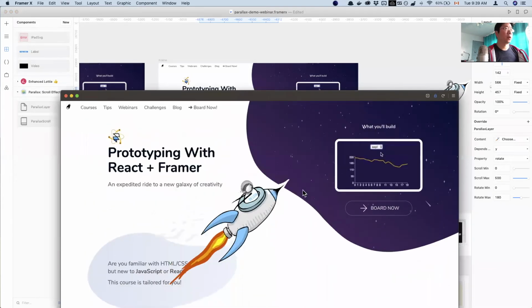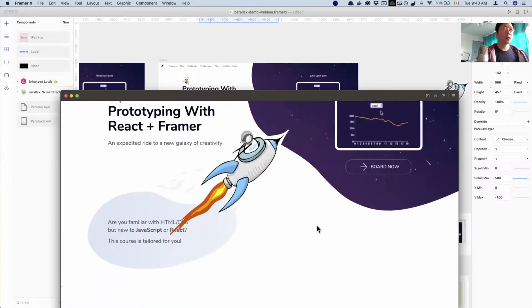And like I did in the Twitter message, you can do this with Y, and then it'll change the Y offset of this image according to the scroll position. So from scroll 0 to 500, you're gonna have a Y value that's between 0 and minus 100. If I scroll slowly, you see this